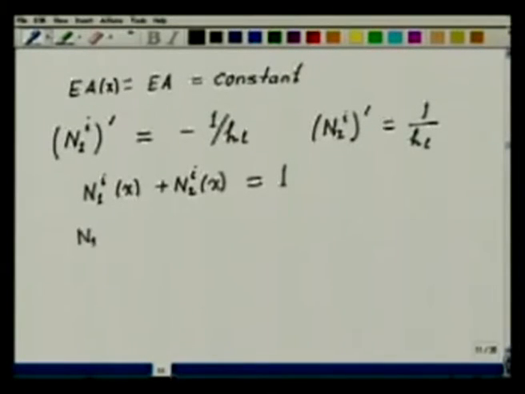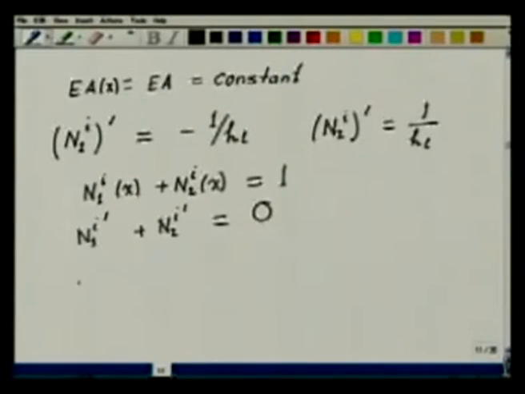And if you look at this expression, n1i prime plus n2i prime is equal to 0. So in a way this is a check for what you are computing. If your n1i plus n2i comes out to be non-zero, you know there is a problem in whatever you have done. Similarly, if n1i plus n2i is not equal to 1, then there is a problem. If n1i prime plus n2i prime is not equal to 0, then there is a problem. So these are some small checks that we can incorporate in whatever we do. Fine. So using this, let us now go to our element calculation.